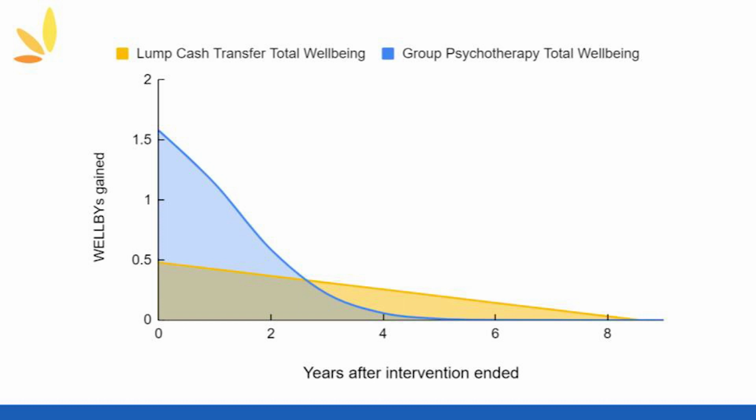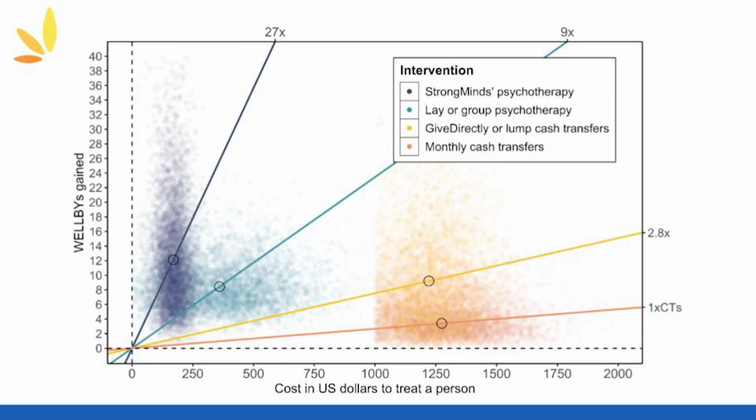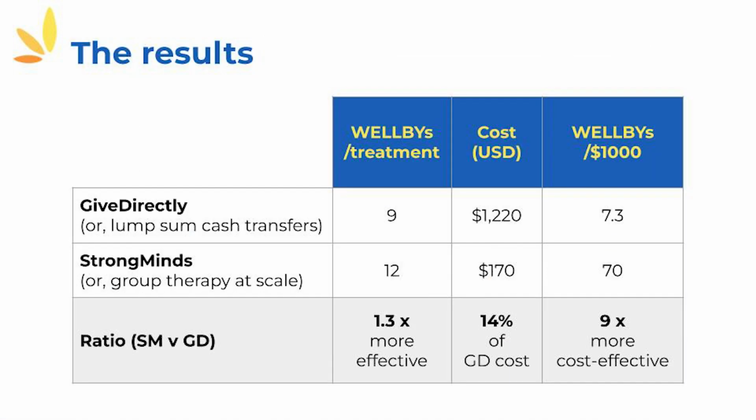So we did a couple of meta-analyses. This is a picture to indicate how meta-analyses work: you look at the effects from various studies. This is just to show you that we actually did some real research here. These are the effects over time. What we found is that the therapy has a big effect initially, and then it trails off faster, and the cash transfers have a small effect.